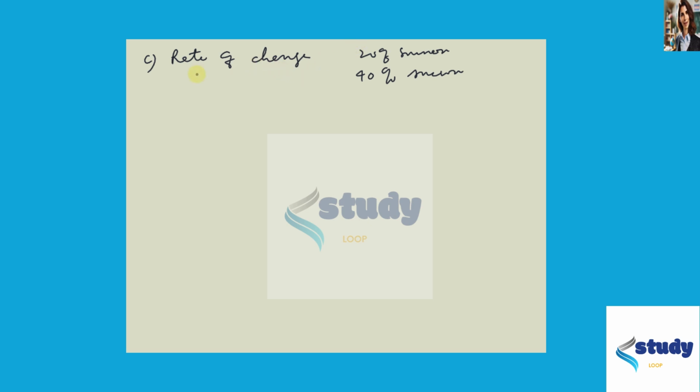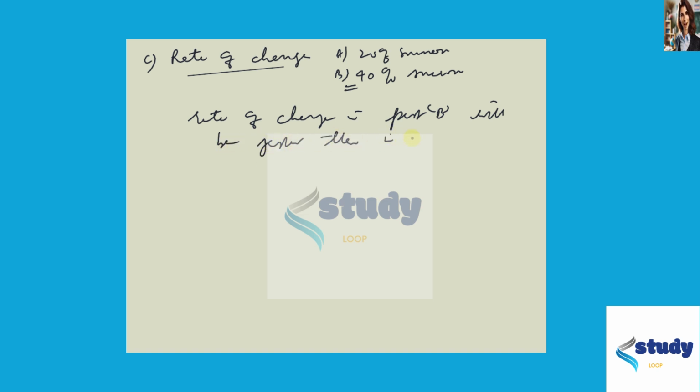So comparing the expected rate of change of situation A with situation B, the rate of change in part B, the situation which contains 40% sucrose, will be faster than in part A. This is because the concentration gradient